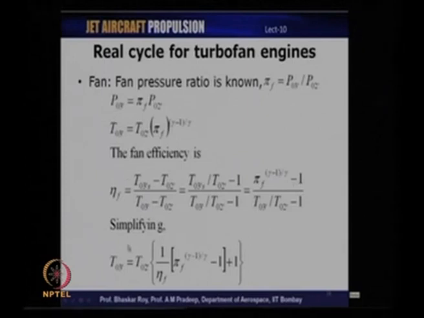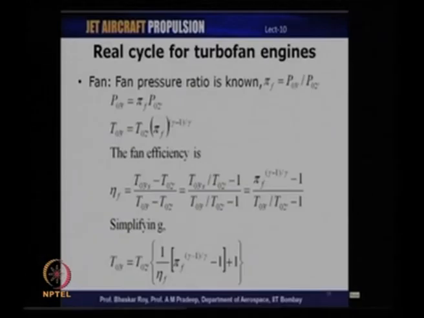If you simplify this, we get T03 prime is equal to T02 prime into (1 by eta f, which is the fan efficiency, multiplied by (pi f raised to gamma minus 1 by gamma, minus 1), this whole thing plus 1). So, this will help us in calculating the fan exit stagnation temperature, which is T03 prime, which in